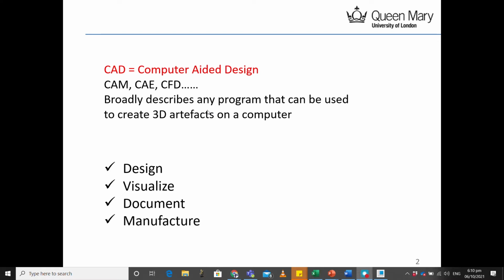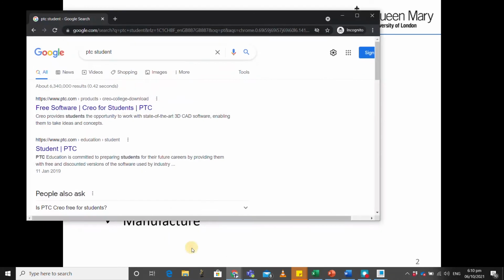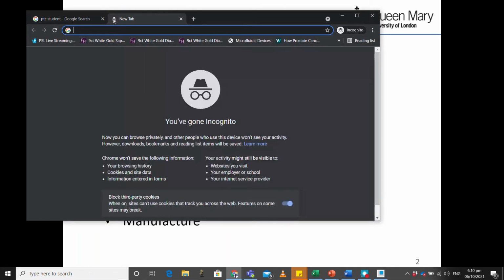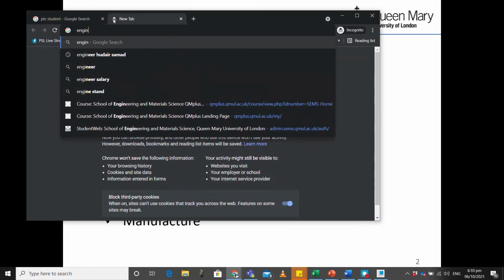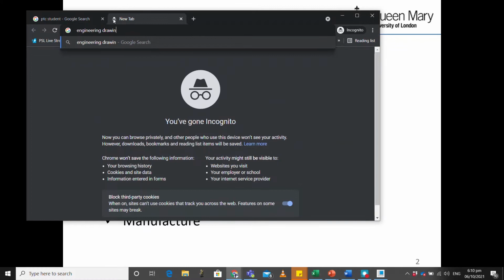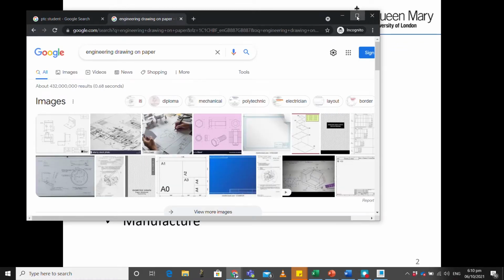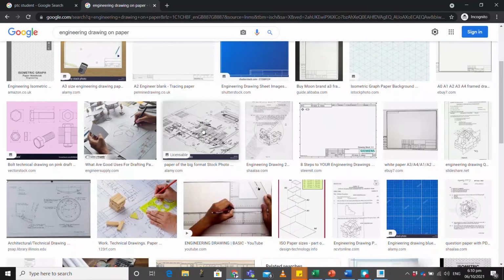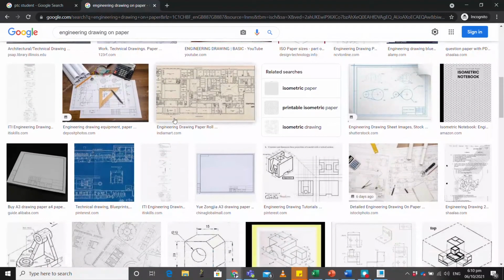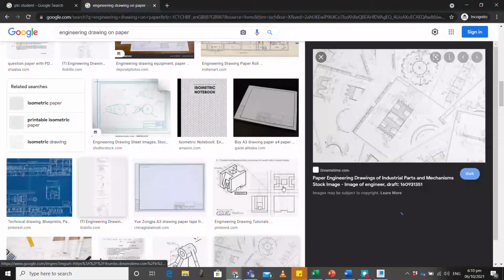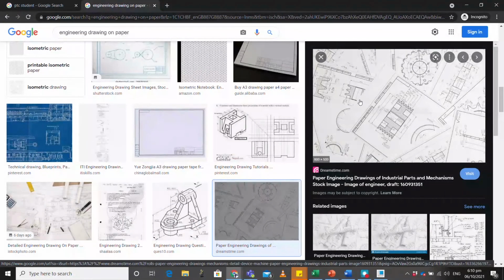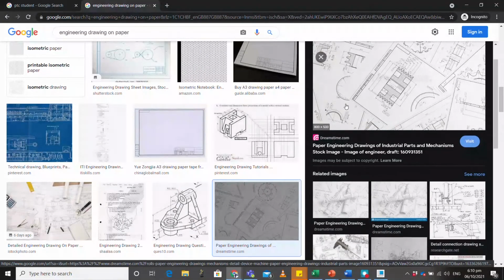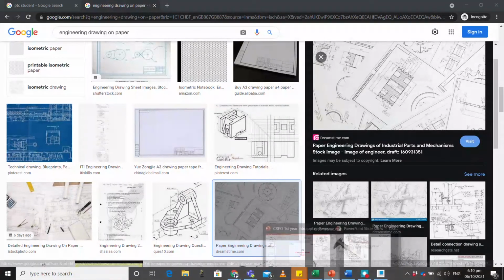So let me show you something. If you don't have CAD, you would have to do all of this by hand, because there is usually so much detail in CAD drawings which is all important, and you have to make it all by hand. So CAD makes your work much easier